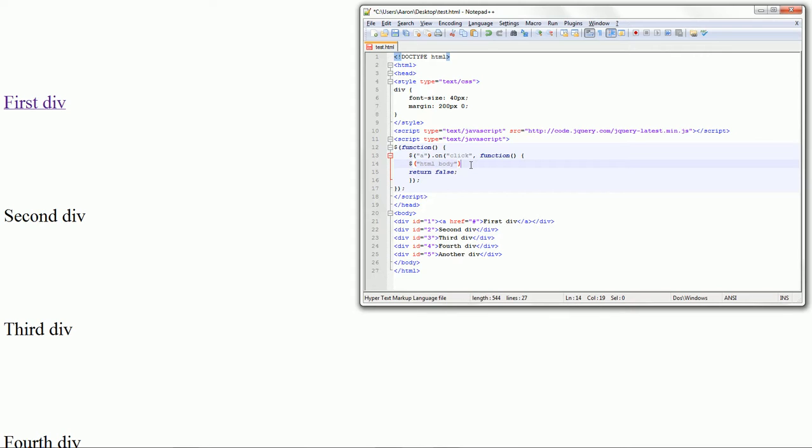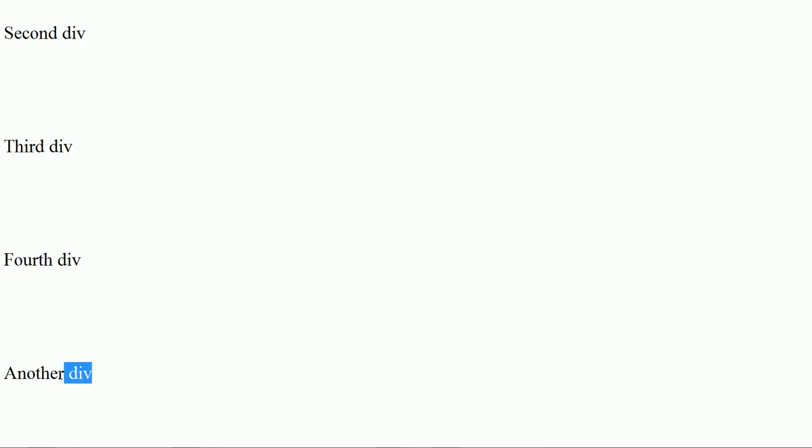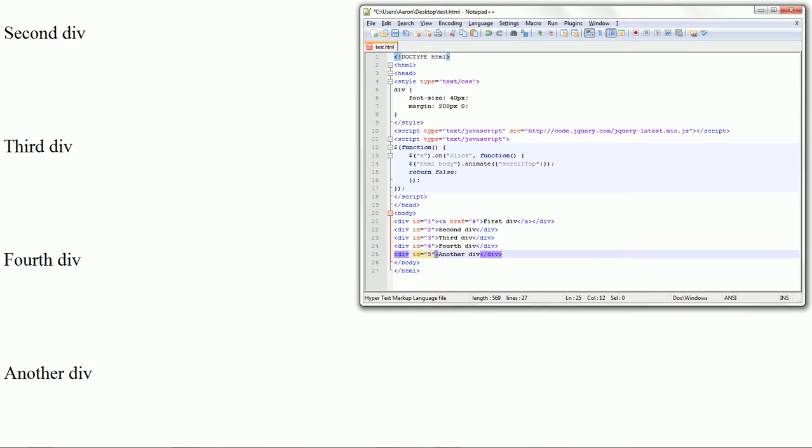So we're going to select these two tags, and we're going to say animate, and we're going to do the scroll top property, and we're going to say, so we want this to scroll to the fifth div, which is another div, has another div for the text. So the way we're gonna get this to scroll to this area smoothly is get the offset of this div from the page. So we're gonna say